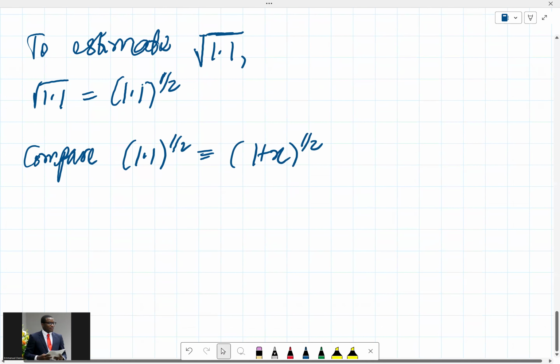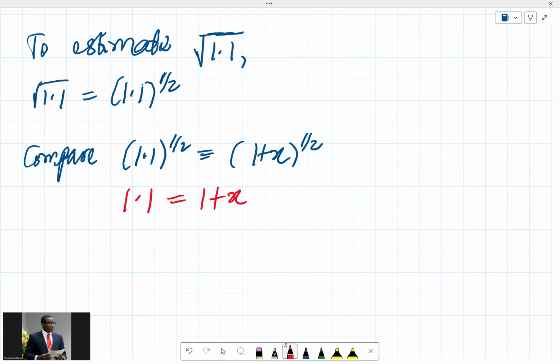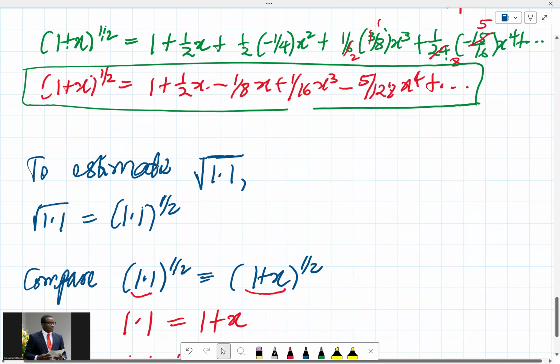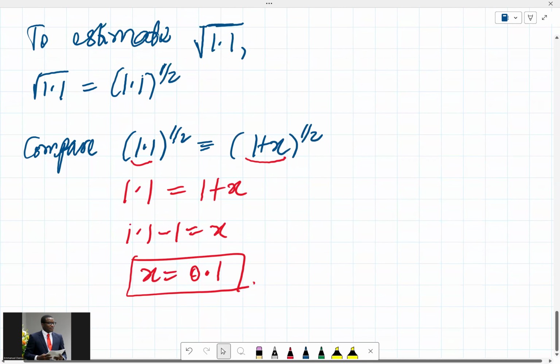So you can see everything looks alike. So automatically, it means that 1.1 is the same as 1 plus x. So it means the things in brackets are the same because the powers are the same. So in that case, now we can just say that 1.1 minus 1 is equal to x. So that means that x is equal to 0.1. So since x is equal to 0.1 now, and you want to use the expansion to estimate,